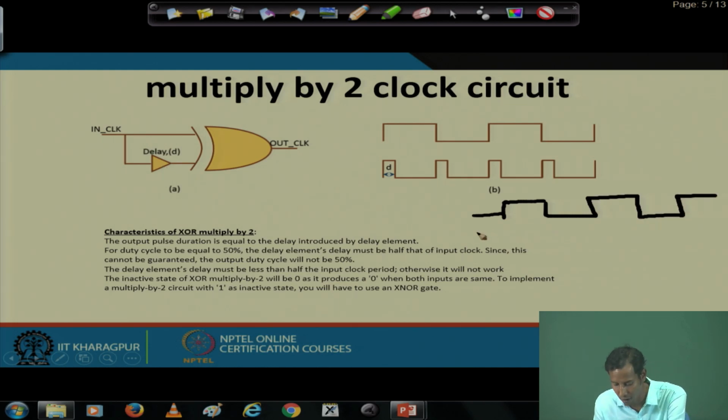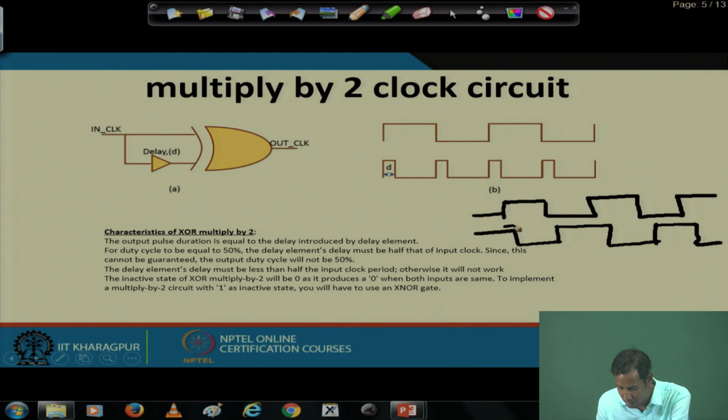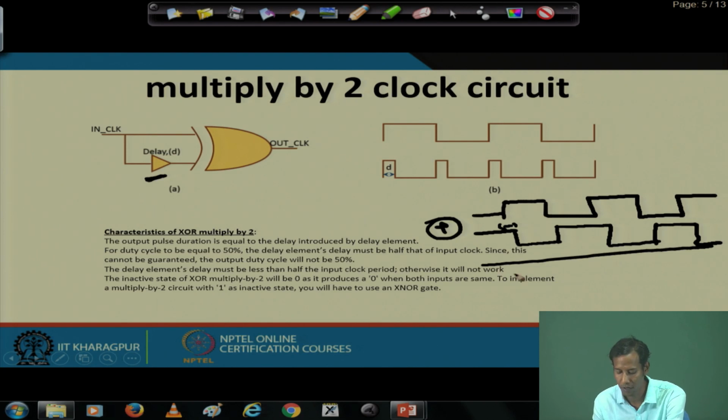The inverted, delayed clock will be like this, because there is some delay based on this particular delay. Now, whenever I XOR these two signals, what will I get? For this particular time,